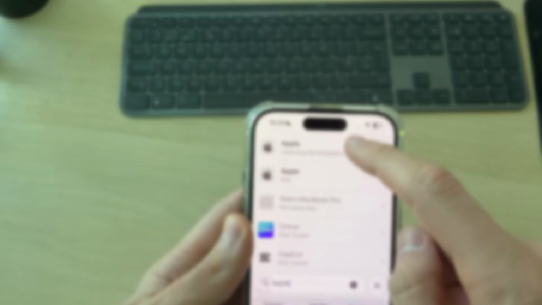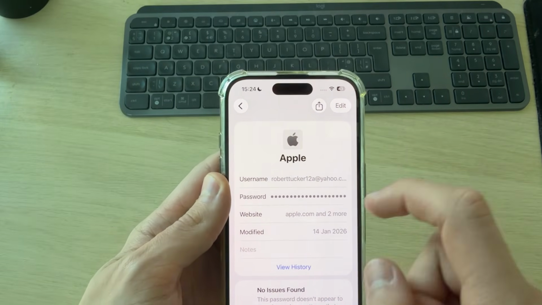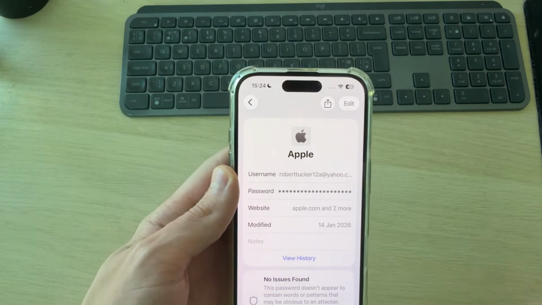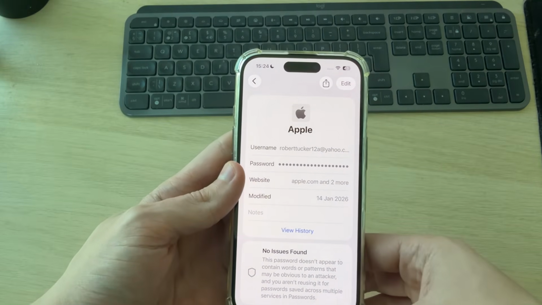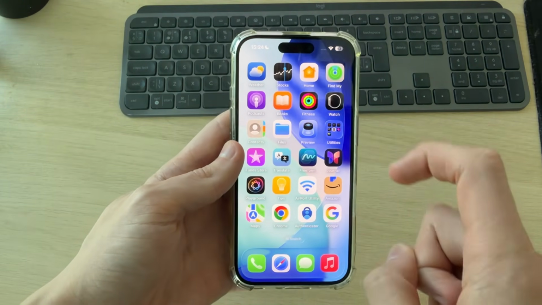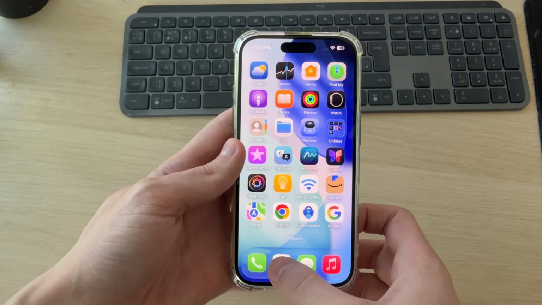and hopefully your Apple account's been saved. You can tap there, then you can see your password and tap on it to reveal it, and you can see it there, so hopefully you can. Alternatively, if it wasn't saved there, you can